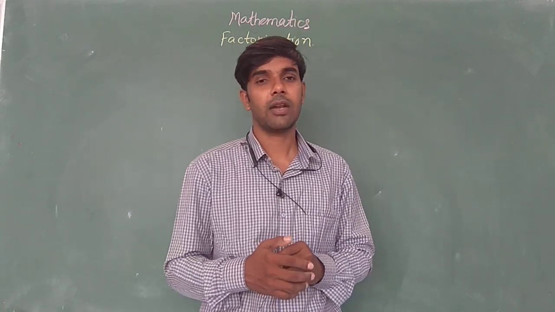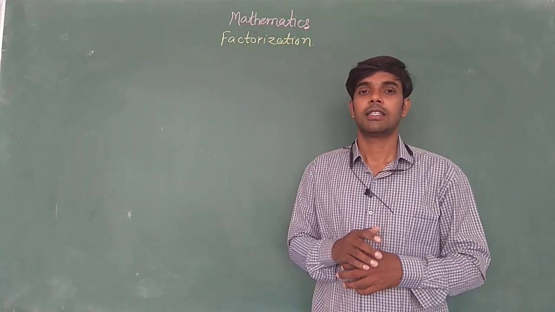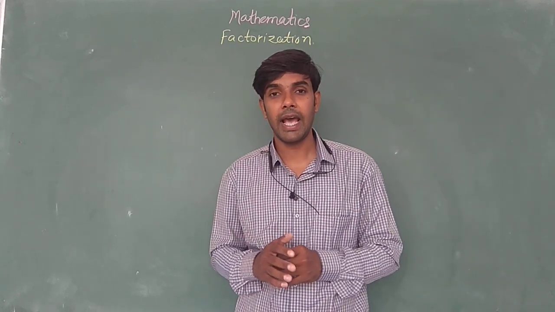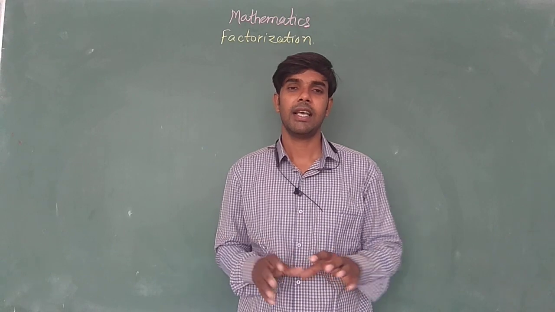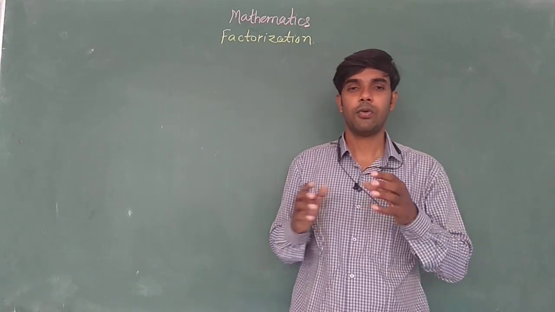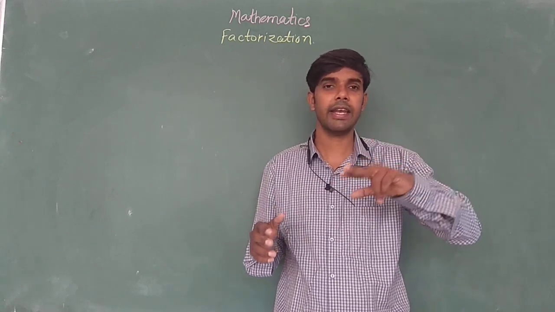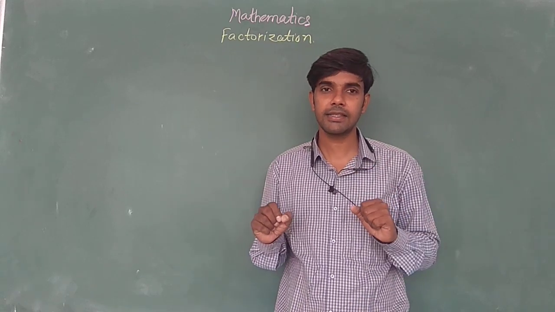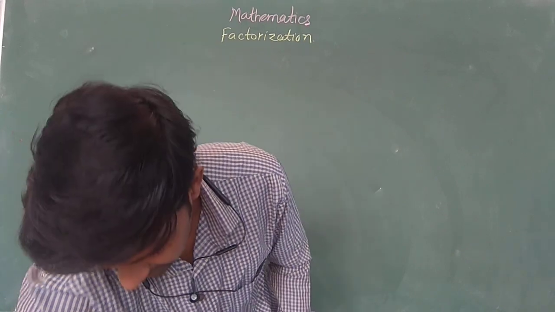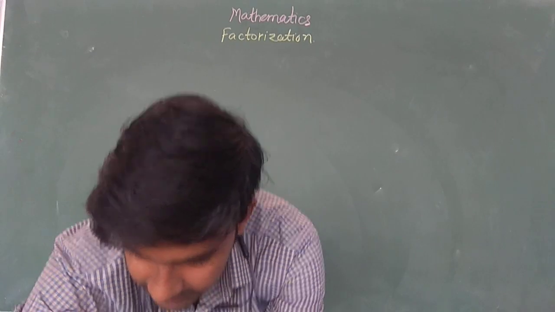Today in this lecture we are going to learn another type of example based on the factorization of algebraic expressions expressible as a perfect square. That is, by using the first two identities, and in some examples we apply the third identity as well, that is a square minus b square. So let me start. Write down the example number first. Next example. We continue with the same type of example.